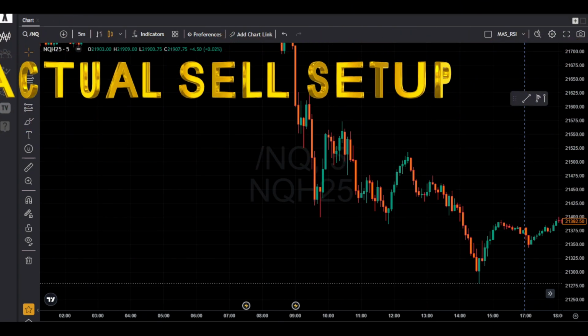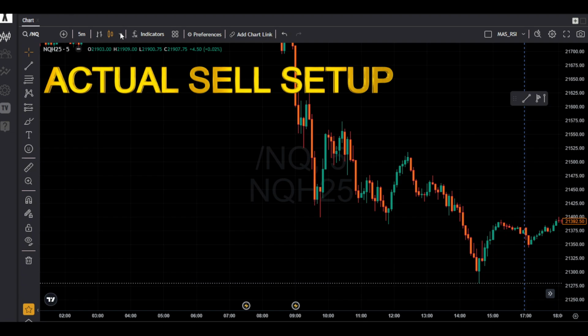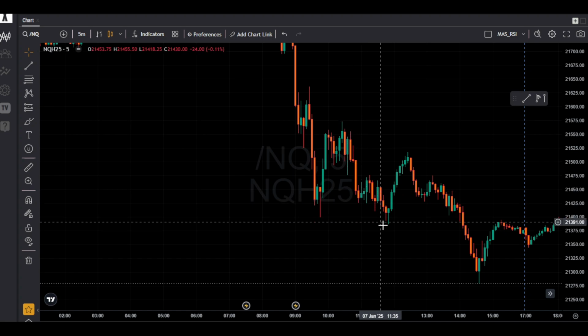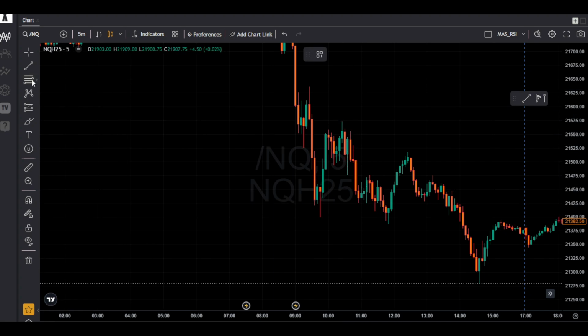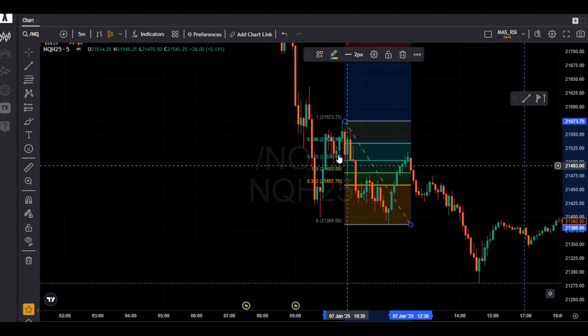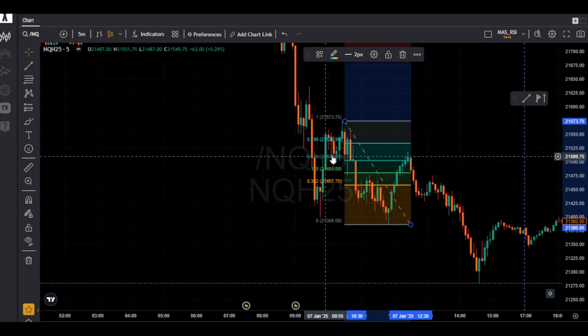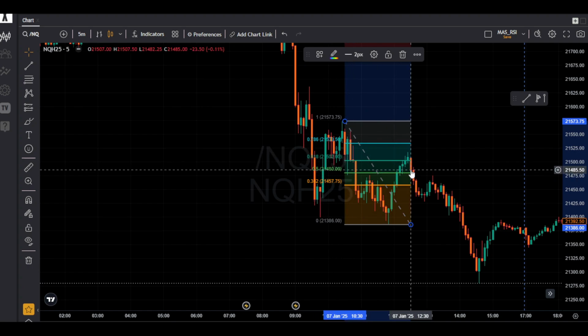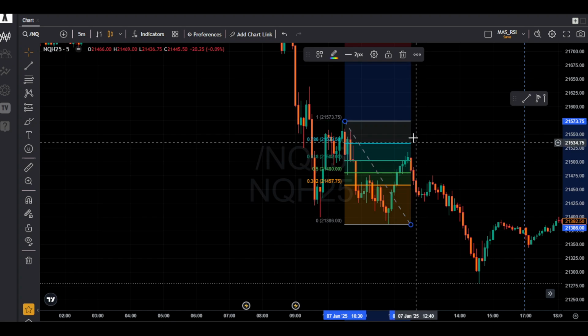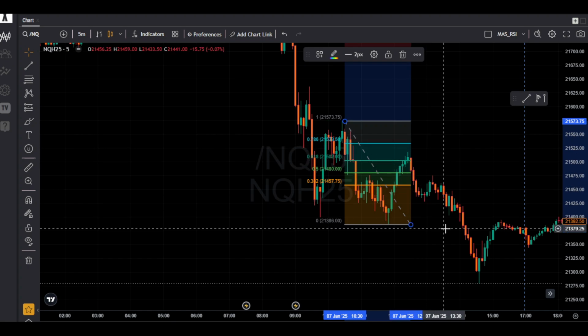So here is our second sell example. This is January 7th. We do see prices moving downward, retraced, moved down again. So what I will do, I'll simply use my fib tool here. I'll draw it from here to here. We do see it came to between 0.618, this area, and created a strong bearish engulfing candle. I will enter over here, set up my stop loss over here in this area, and target 0.0, and it did hit it.